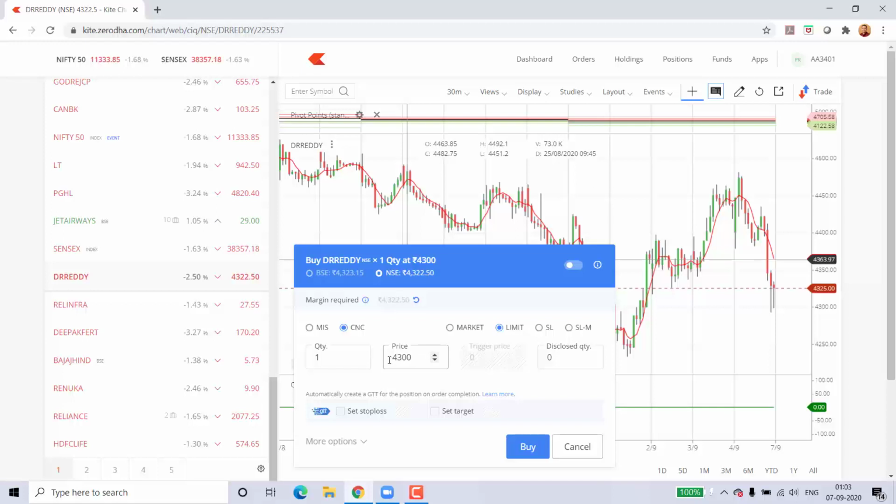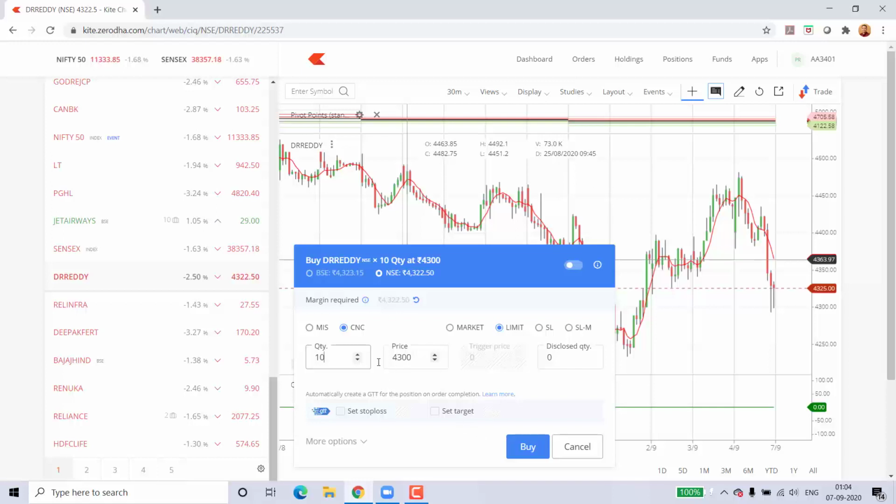So if you put 4300 over here and if you say limit, and then once you click buy, your order is going to go in the exchange, and the quantity whatever you have put here, if you want to you can change it. Let's say you want to buy 10 shares, so 10 into 4300, first of all 43,000 rupees has to be in your account, and once you put a buy order, then this order is going to go in the exchange. Whenever the price comes to 4300 during the day, the trade is going to get executed. If the price does not come to this level during the day, the orders get cancelled at the end of the trading period. So this is how you can put an intraday order.